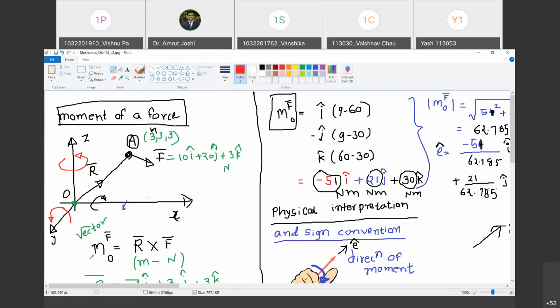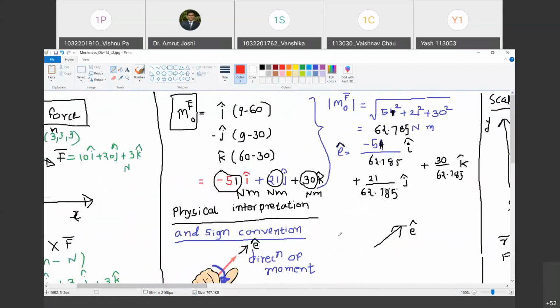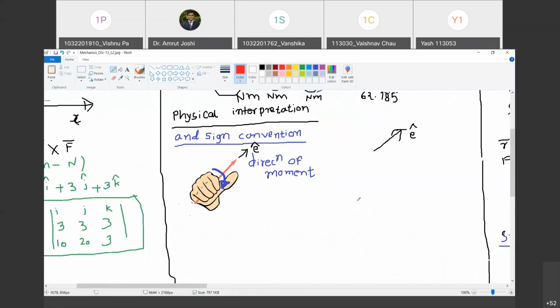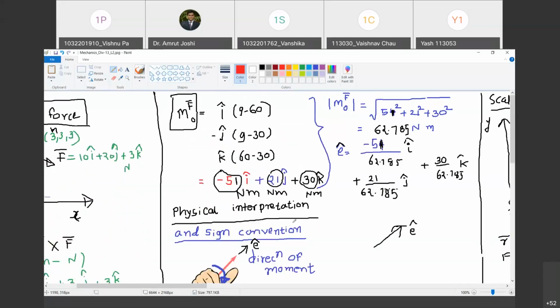Okay, now we are going to work with the scalar representation of this moment of force. Before I do that, let me put 2 points very clear to you. What is the effect of force? Effect of force is translation. The force will try to translate the body in the direction of line of action of force. Whereas what is the effect of this moment of force? The effect of this moment of force is the rotation. Are you with me?